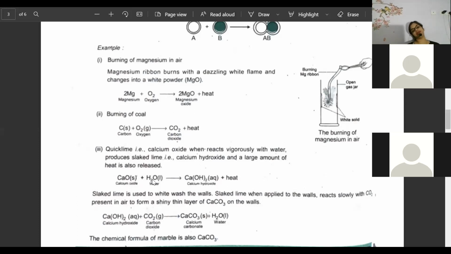Bubbles of hydrogen, not here, beta. It is the bubbles of gases present inside the slaked lime, mostly carbon dioxide gas. But here you see calcium carbonate formation is there. So in whitewash, when you are doing whitewash, that carbon dioxide will help the slaked lime to stick to the wall. That's why it is helpful at the time of painting.